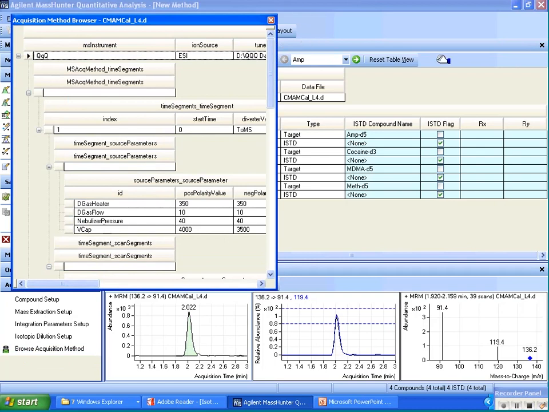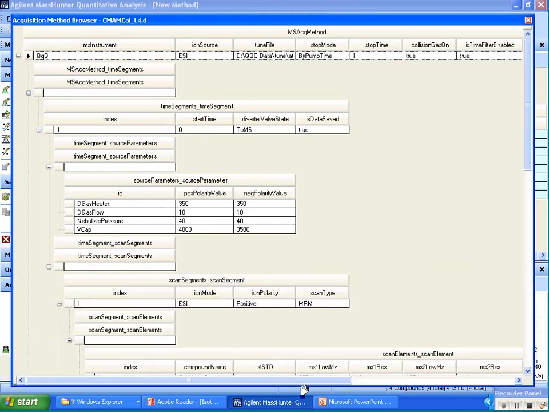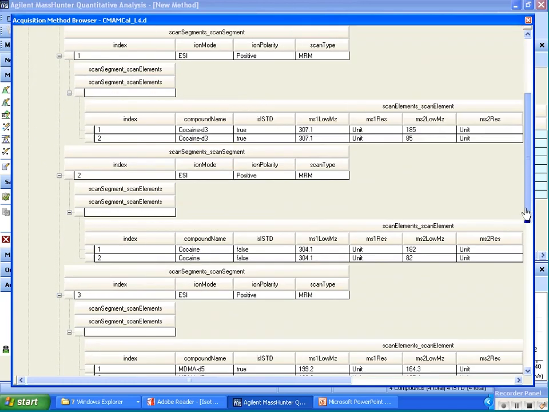Now this is a grid that is bound directly to the acquisition method, which is stored as an XML document. So there's a bit of understanding here to this organization. There are time segments, of course. There's source parameters, as you can see here. As I move through this document, it will start to seem a bit more familiar